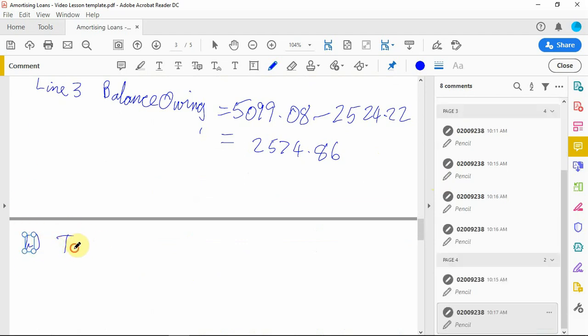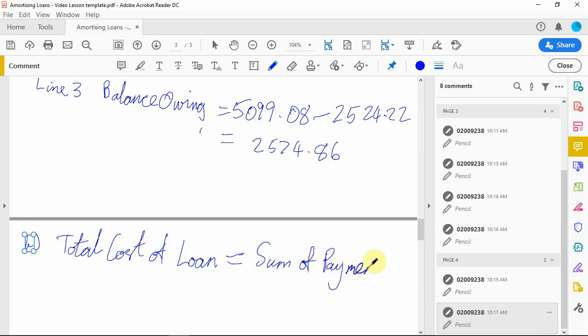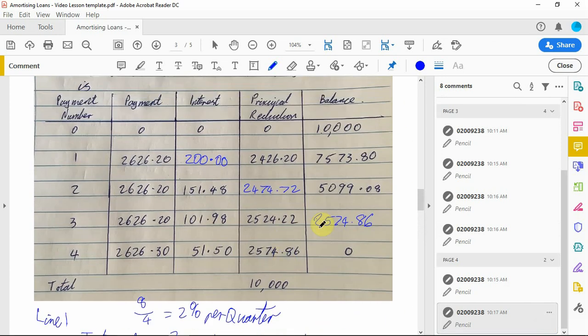Part B is the total cost. As far as you're concerned, the total cost of your loan is how much you've paid, so it's the sum of the payments. When we go back to our table, here's our payments column, the second column. So it's the sum of all those payments. You'd get your calculator and add all of those up. When you added all those up, I'll just write it down here. It's